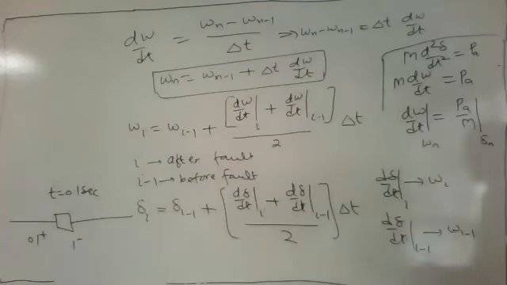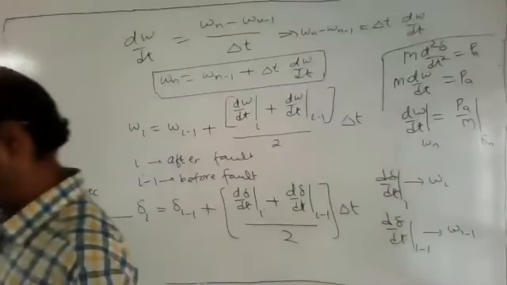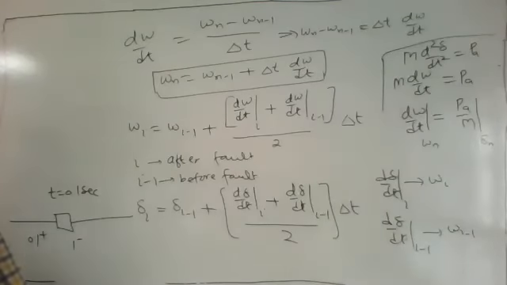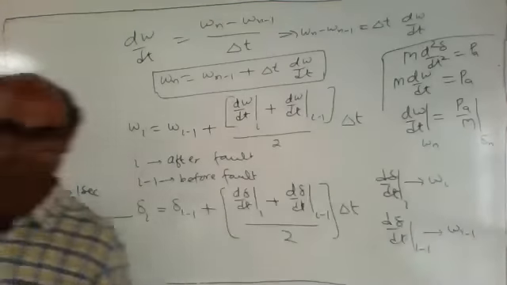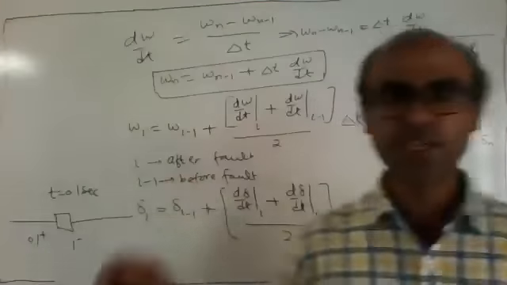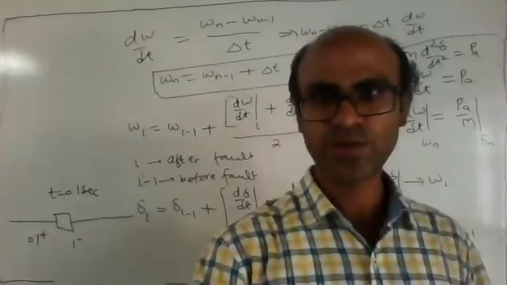How it will vary before fault and after fault, what kind of dynamics will change. Based on this delta, we have to design circuit breakers and relays. In all these things, we will use this information.